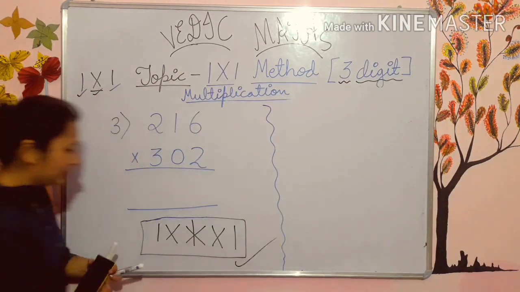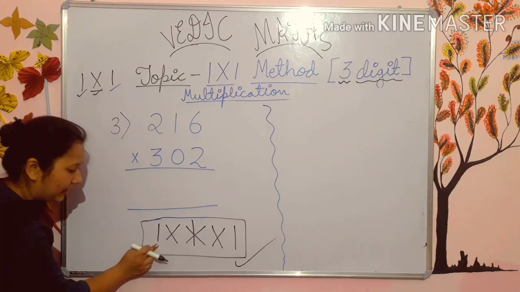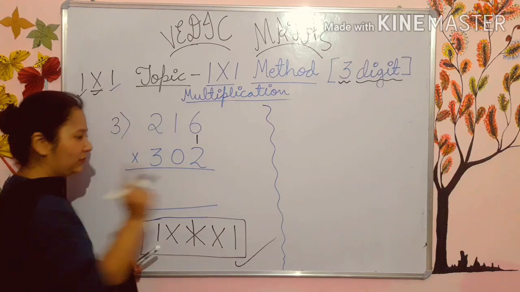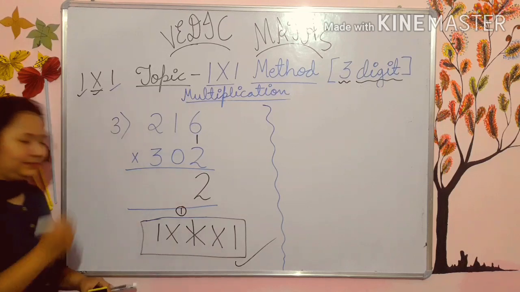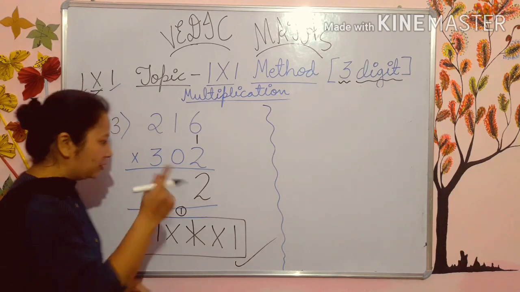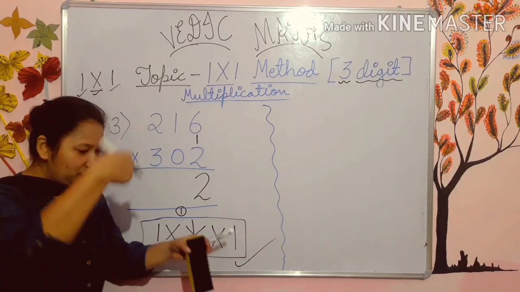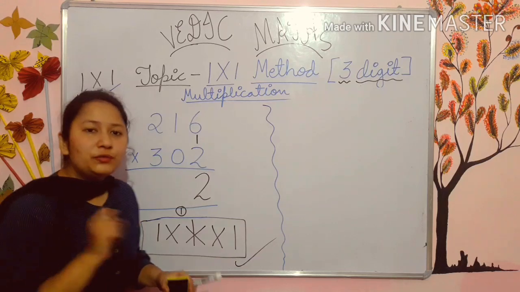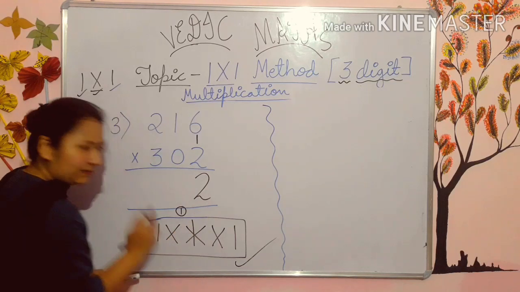Now it's fine, students, this pattern and this. Now the first is I. 6 2s are 12. 2 here, 1 will go carry. I hope, students, you are doing with me. The best method to learn and to practice is just play my video, put the notebook in front of you and do with me. If you do with me, you can easily learn this method. So this I we have done.